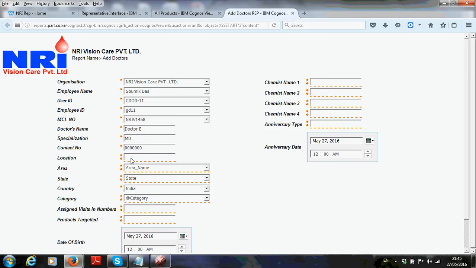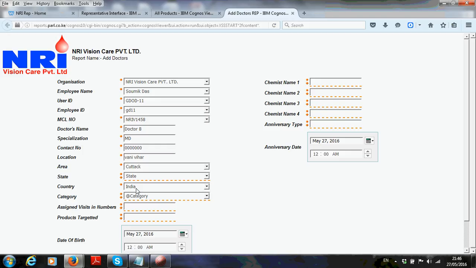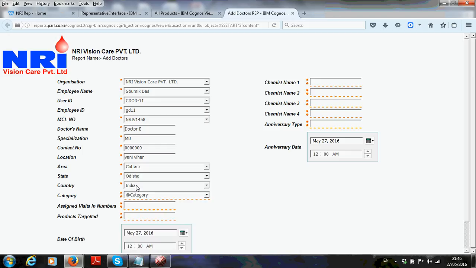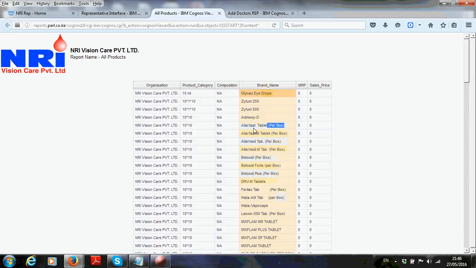Location, area maybe Cuttack, state Odisha. Category, multiple visits. I want to visit this doctor twice a month. Products targeted, I can just copy paste.